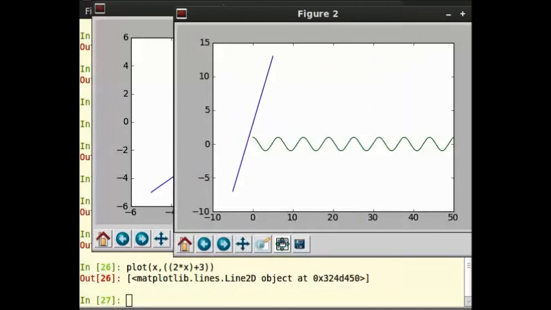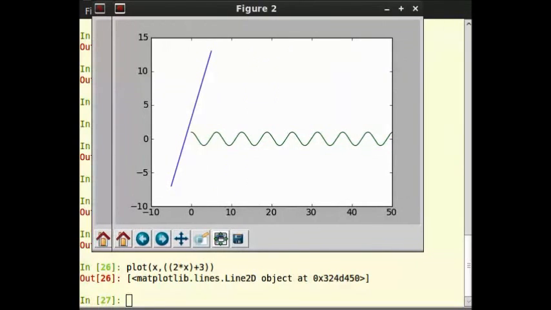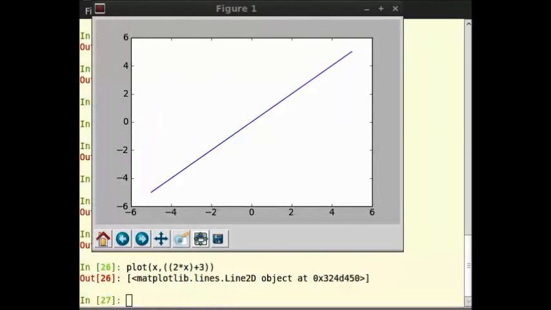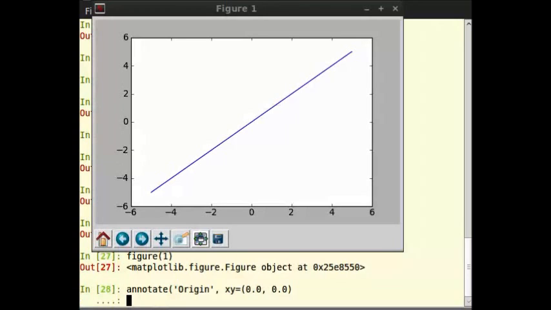Then now to switch between the figures we can use figure command. So let us now switch to figure 1. We are asked to annotate x and y intercepts of figure 1. But since figure 1 passes through origin, this means we will have to annotate the origin. We will annotate the intercepts for the second figure and save them as follows. So you can type on the terminal figure 1, then type annotate within brackets origin comma xy is equal to 0.0 comma 0.0,